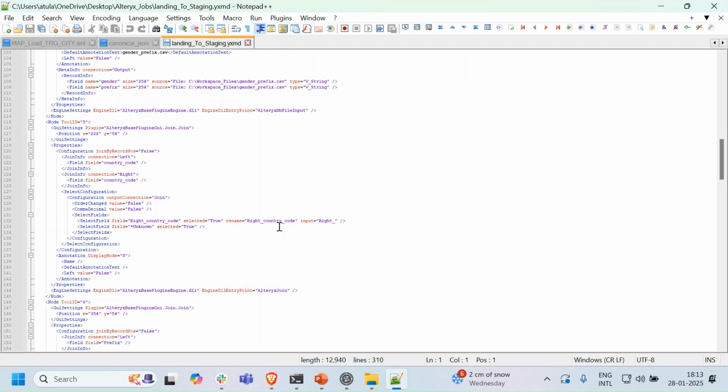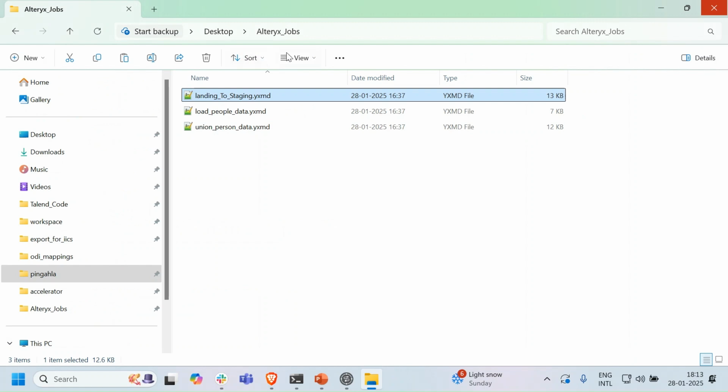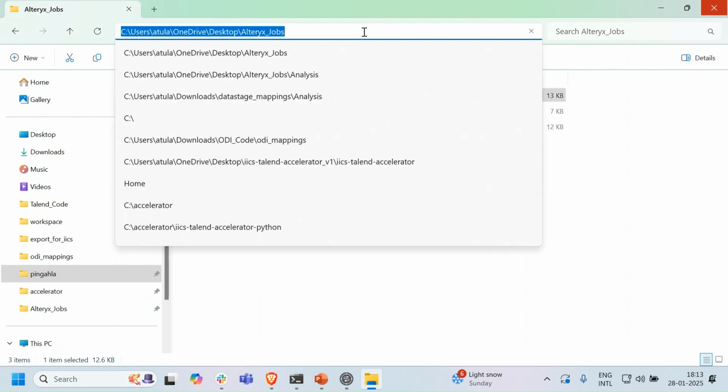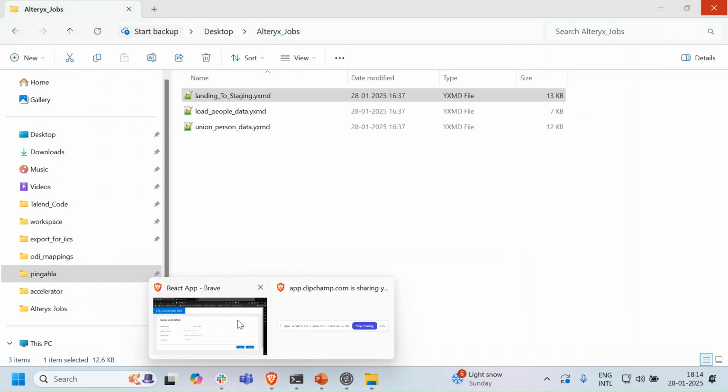We analyze this export, which consists of all the details of the mappings, and using this, we create Talend importable files, which helps us maintain high accuracy. So this is the extracted workflow path,